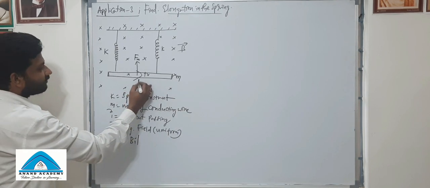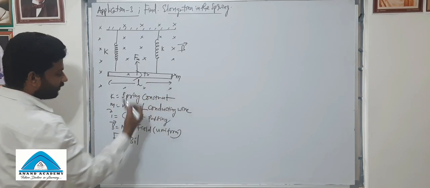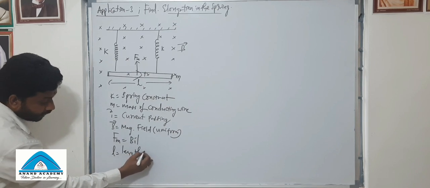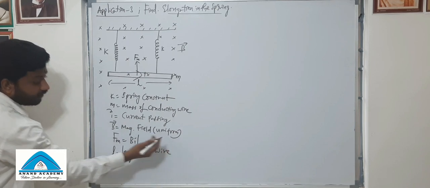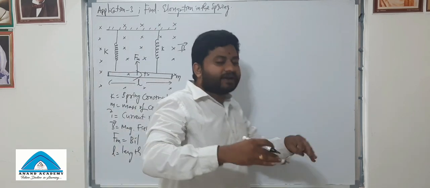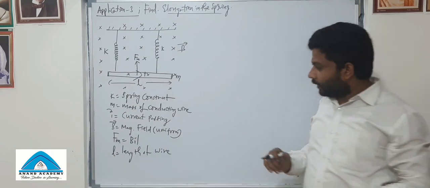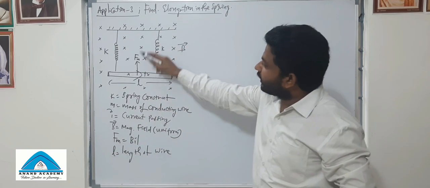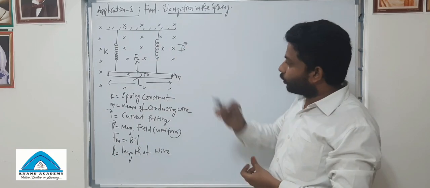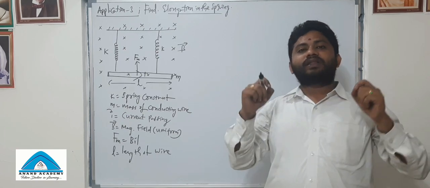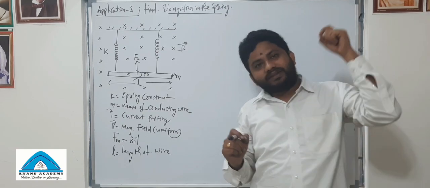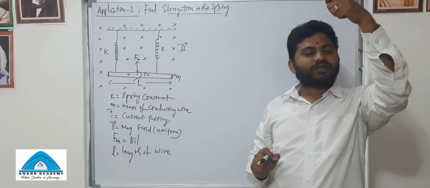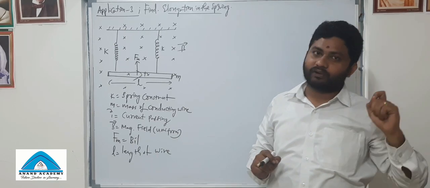L is the length of the wire, which is the effective length. So we are not deviating from the topic. L is the effective length. Okay. So Fm is equal to BIL here, which is moving upwards. Fine. One force we have got. Any body in nature, on that particular body, the weight of the object will be acting, which is exactly towards the center of the earth.